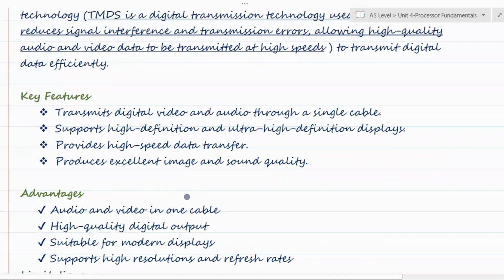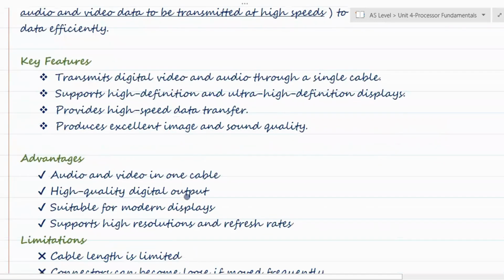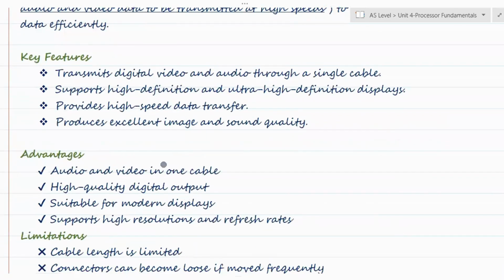HDMI offers several important features. It transmits both digital audio and digital video through a single cable. It supports high definition and ultra high definition displays. It provides high speed data transmission, and it produces excellent image and sound quality.